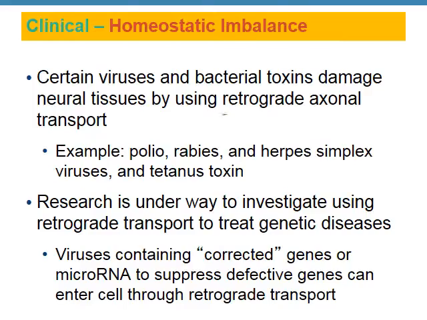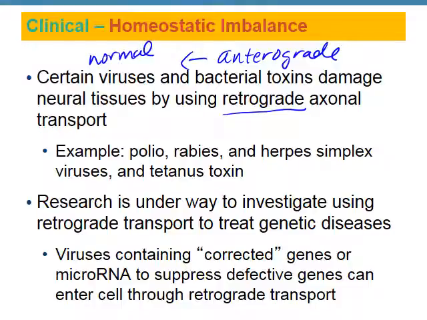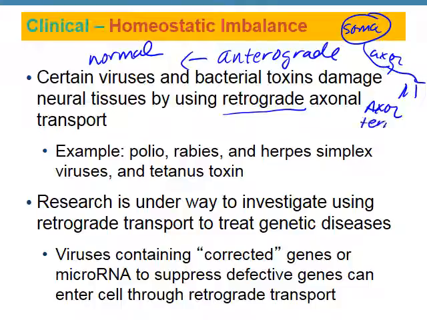So a few slides back, they mentioned the words retrograde and anterograde. This is the normal movement from a neuron. We start at the soma, the message goes down the axon to the axon terminals. That's a normal movement. But there is something called retrograde. Instead of going down, things go back towards the soma.